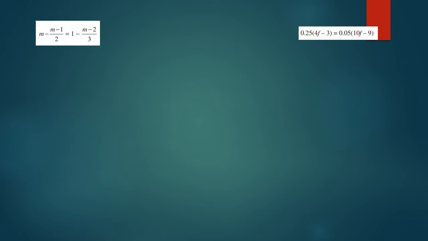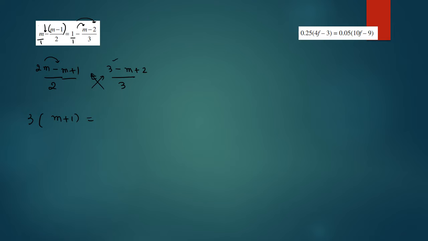Here also some more examples, you have to solve it. So I have one here, take LCM, 2 1s are 2, cross multiply 2m minus, now see this minus is with the whole numerator, so minus m minus minus plus 1, okay? Now again cross multiplication, 3 1s are 3, this minus is again with both of them, so minus m minus minus plus 2, right? Now do cross multiplication of these 3, 2m minus m is m,